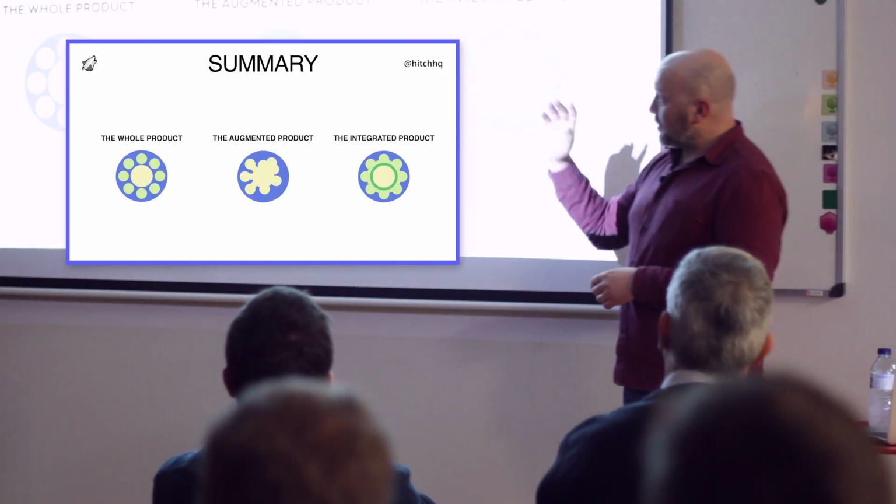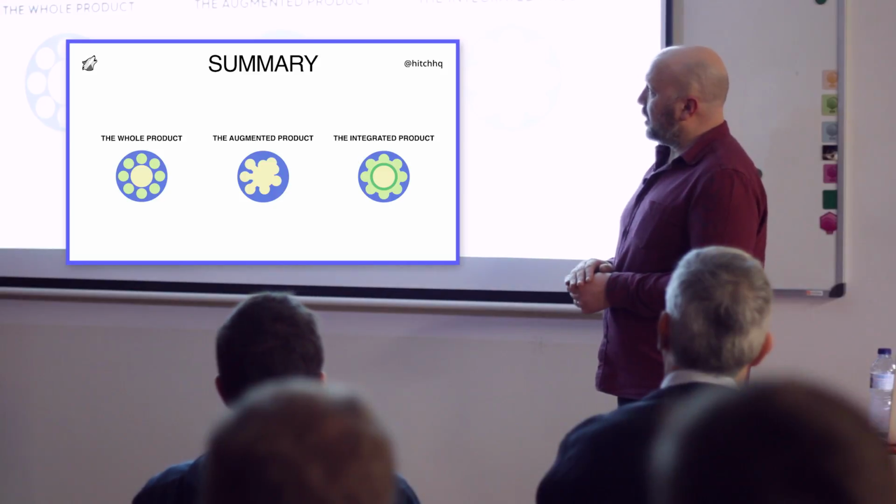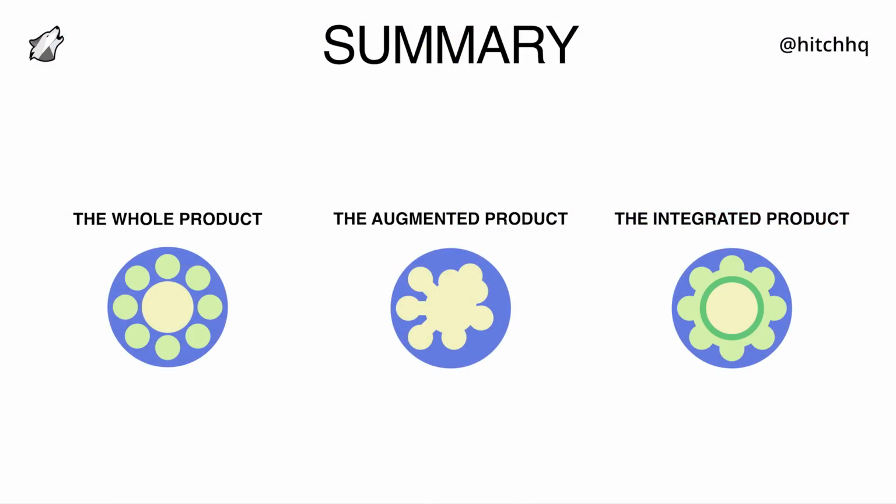So again, just summarizing a little bit the whole idea. Looking at your product, not thinking about what your product does, but how your product is used in a broader context. The augmented product: how do you get from your product to that other thing which is what people actually use or do with your product. And the integrated product: how to get to a point where you can automate most parts of this process, but still understand how much that costs and how you can manage it in order to achieve growth.